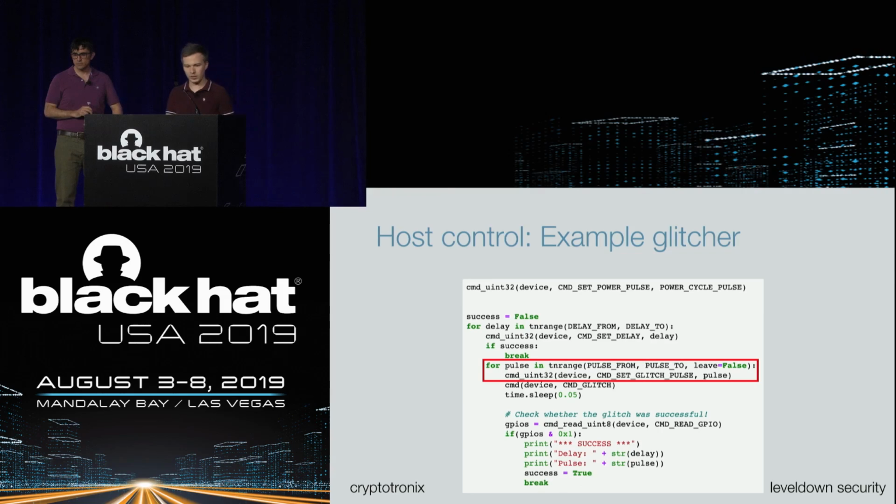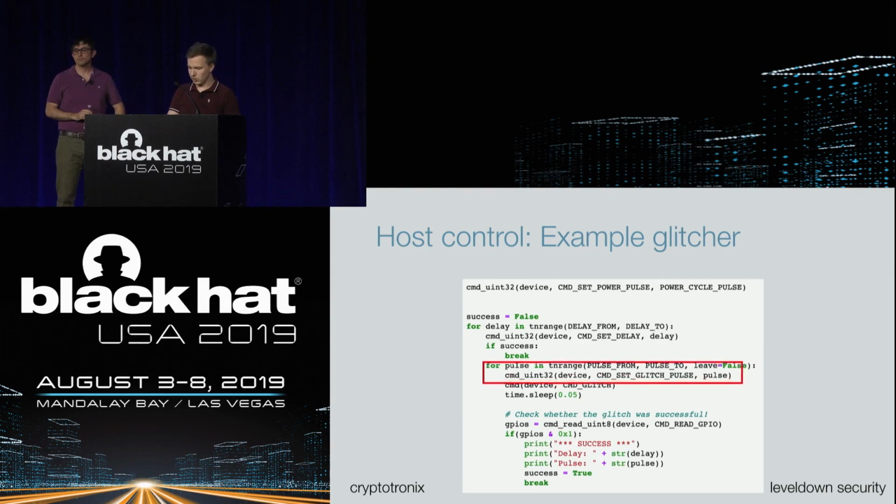And so basically what this does is it sets how long the glitch pulse is actually active. And this varies massively depending on your target. So for example, if your chip is running really, really quickly at 100 megahertz, you want this to be really, really short. But if you're targeting a slower chip, such as one that we will see later, this can also be a really, really long value.